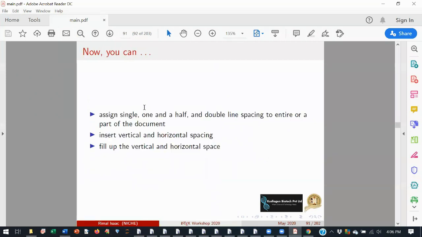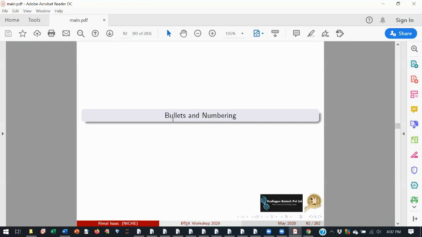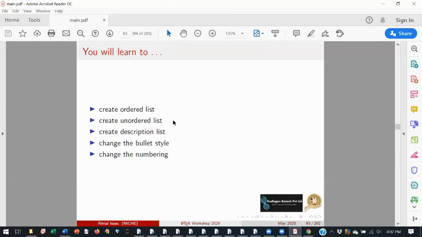So far we have seen line spacing, that is 1.5, double, and single. You can fix line spacing for the entire document, as well as for a particular section. You can insert vertical and horizontal spacing. The next important thing is bullets and numbering.